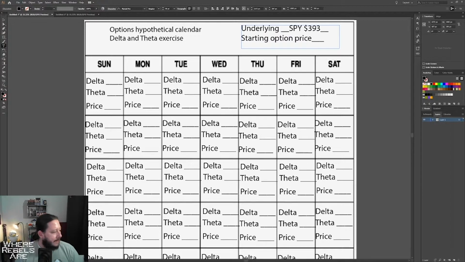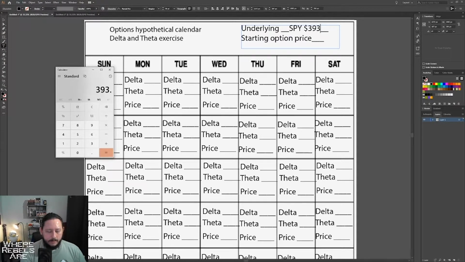Okay. Now, to buy 100 shares of this, 393 times 100, you're going to need at least $40,000 to do this transaction, right? Or $39,300 if you're being exact, and whatever change the underlying happens to be. So $39,000 just to start this, and that's only representative of 100 shares of the SPY. So understand that. That is an issue, and it is prohibitive to many portfolios. But if you are looking for a small portfolio to buy, hopefully this gives you a little insight as to what many of the sellers in the market are doing,